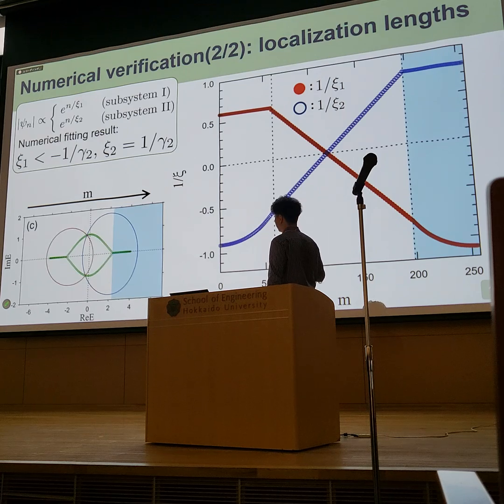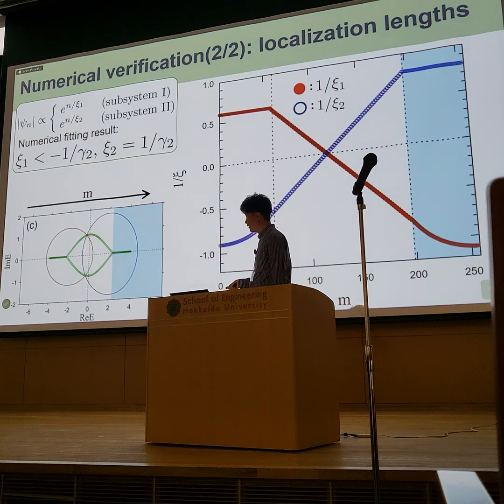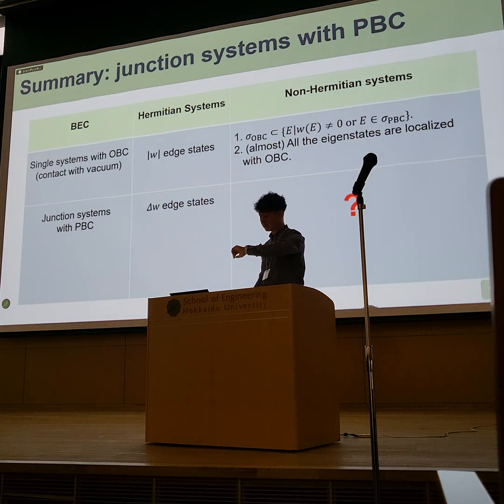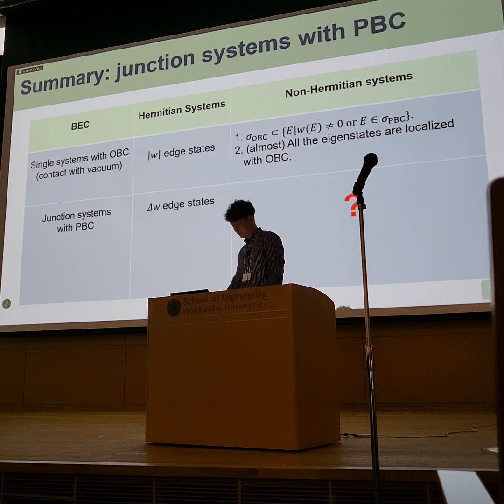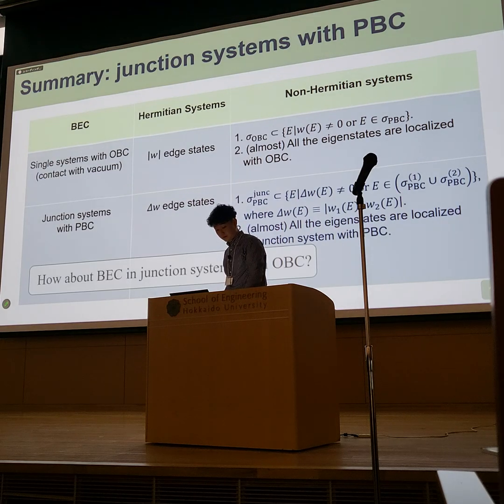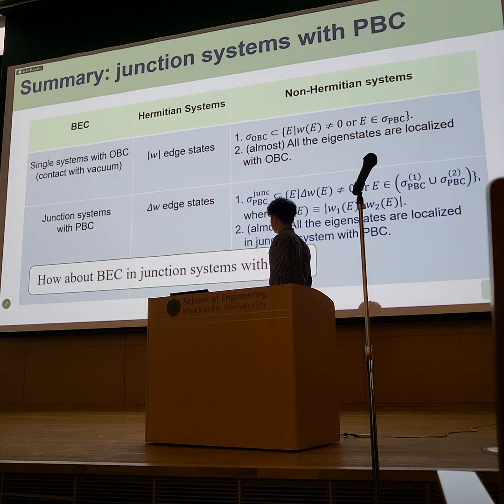So this analysis can also be applied to all the positive eigenenergy on the real axis. So in summary, we established the voltage correspondence in junction systems with PBC as follows. We have considered the junction system with PBC, but to clarify the voltage correspondence, we also need to consider